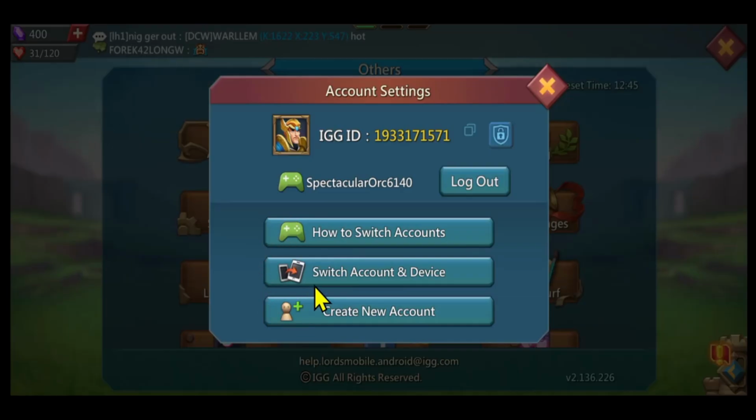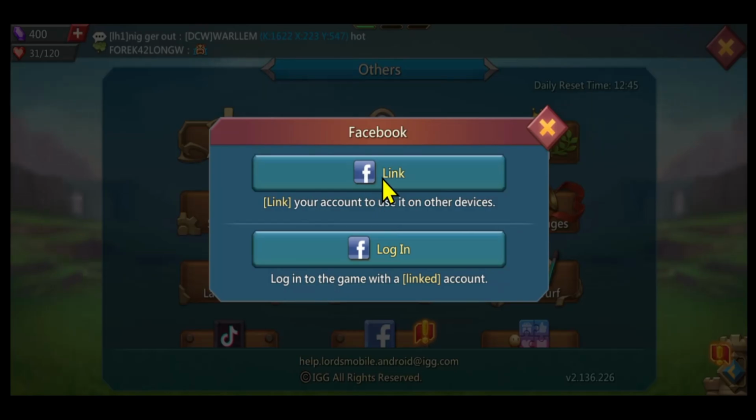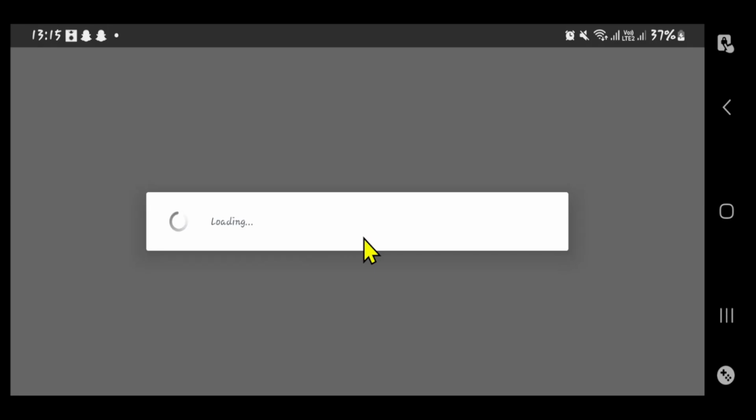And now you will see the switch account or the login option. Go ahead and tap on it, and now you will see the Facebook option. Tap on this button, and now you will be able to link your account if you don't already have an account associated, or you can also tap on the login button if you already have an account that you have linked. After you tap on the respective option, you will be taken into the Facebook application, from which you can